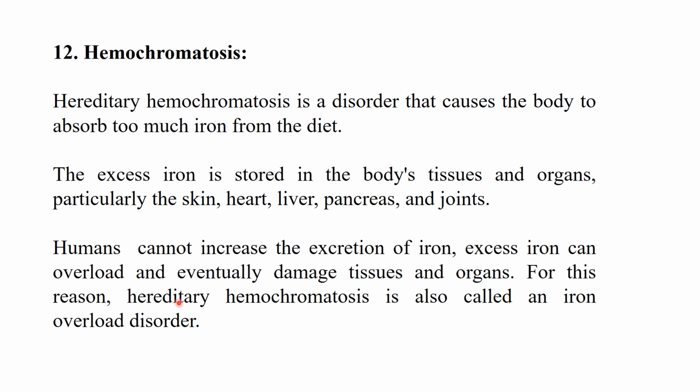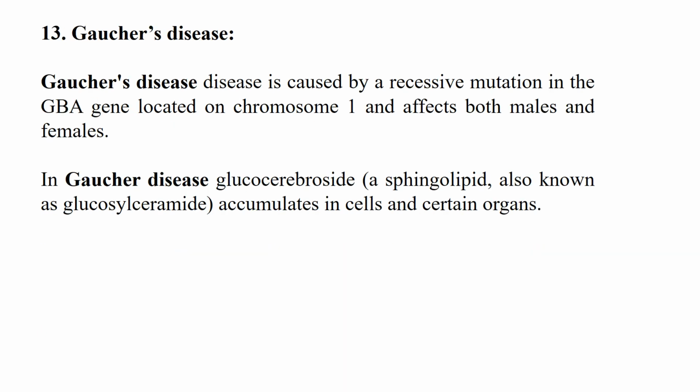For this reason, hereditary hemochromatosis is also called an iron overload disorder. Hemochromatosis, iron overload disorder. Gaucher's disease. Gaucher disease is caused by a recessive mutation in a GBA gene located on chromosome 1 and affects both males and females. In Gaucher disease,